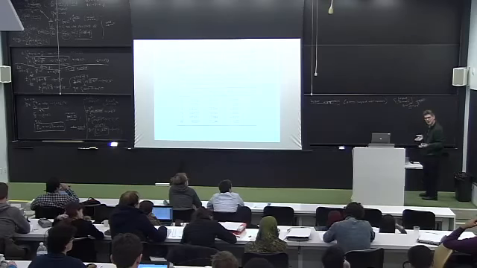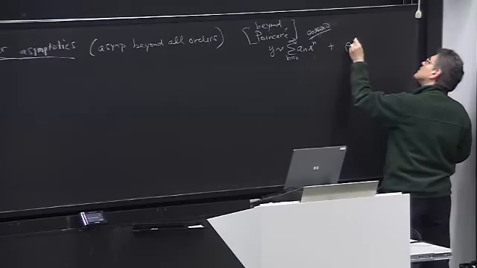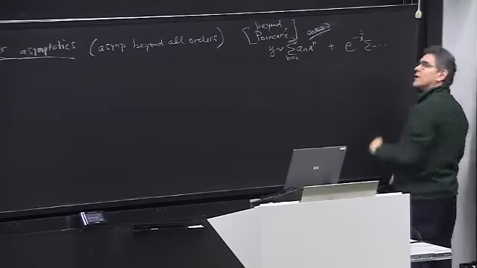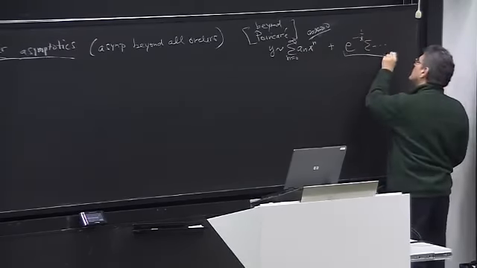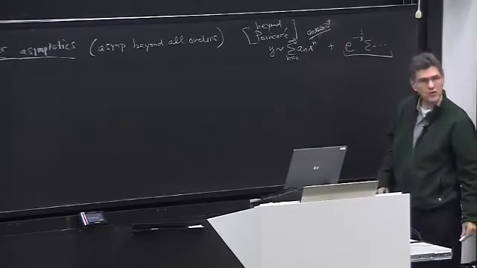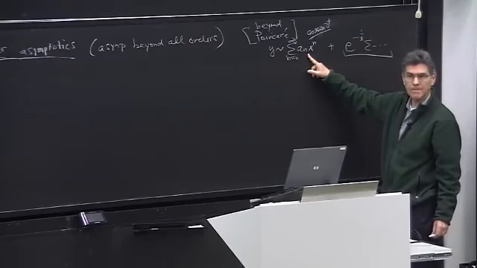Why not? Because there's some correction like e to the minus 1 over x times some series. And this is exponentially small as x goes to 0 plus, compared with